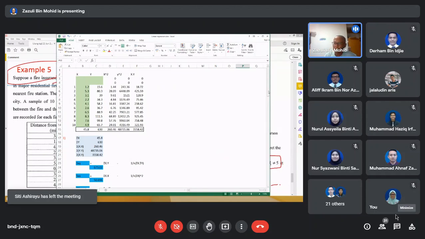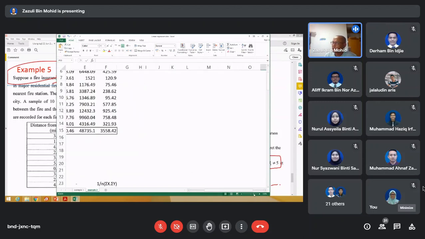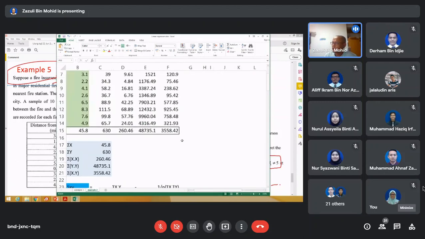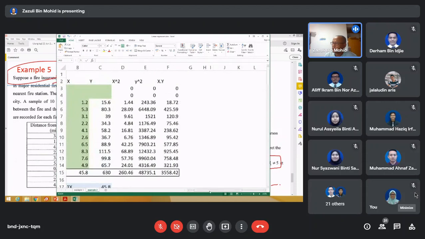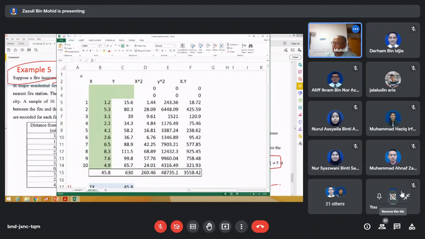Normally when we have the face-to-face exam, you have to calculate using your calculators, and you have to show the table like this so that we can be sure you understand that you calculated your